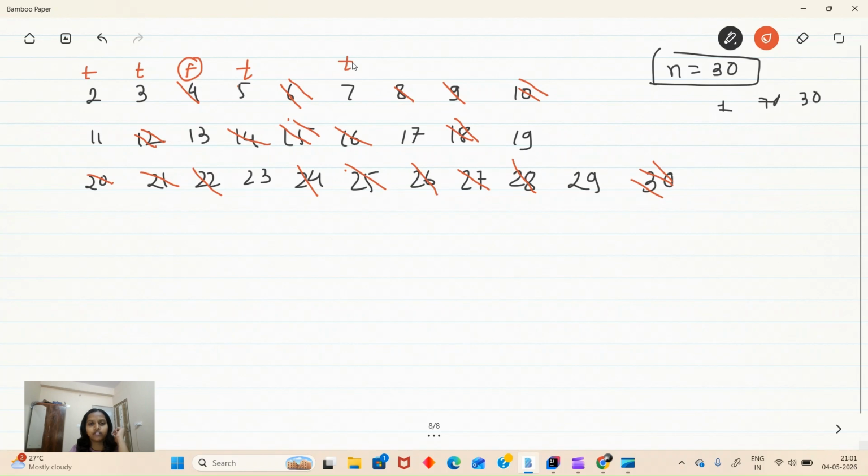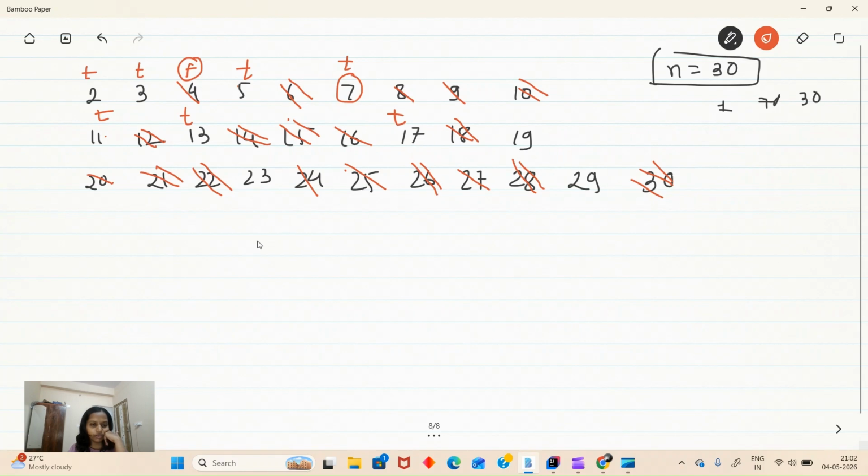Again for 7, it is true, so 7 twos are 14, 7 threes are 21, 28. Similarly for 11, 11 twos are 22; for 13, 13 twos are 26; and 17 twos are 34, which is not there, so we will stop here.